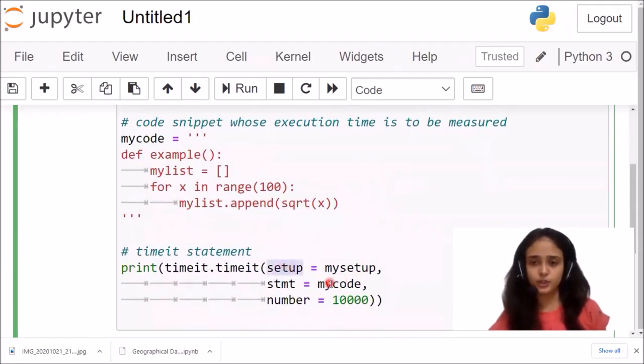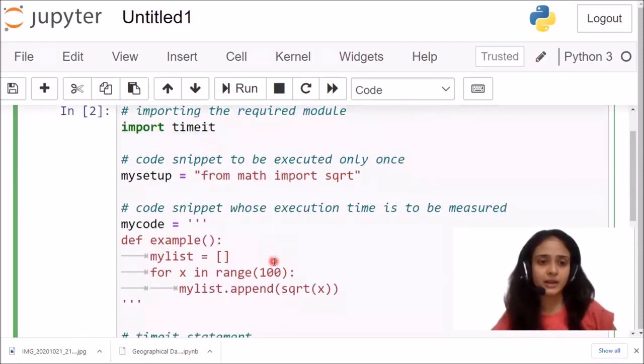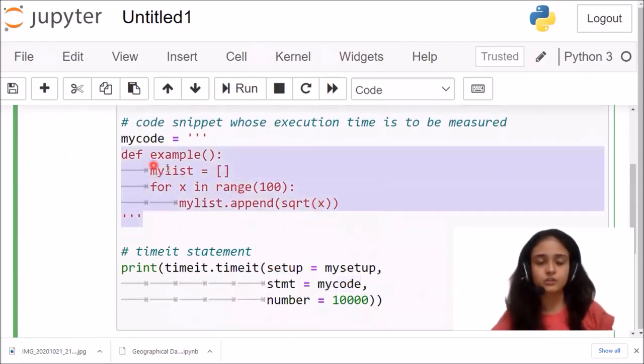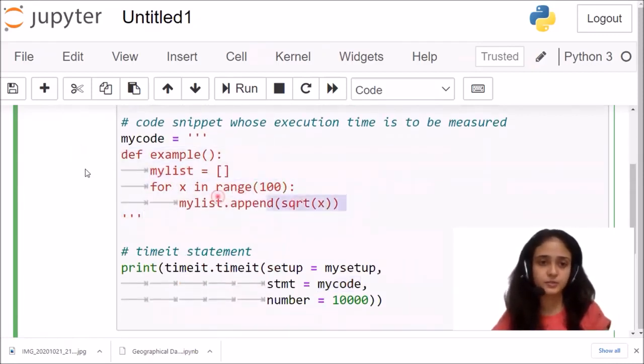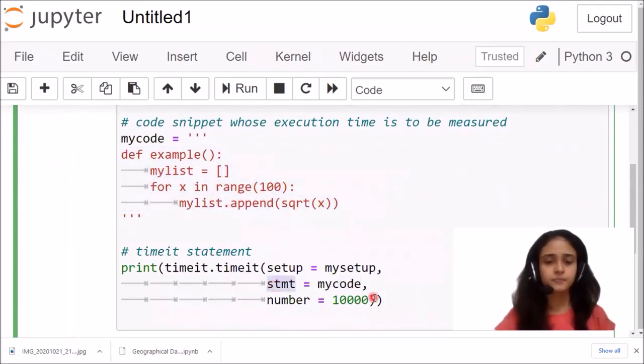It will be executed only once. After the setup line has executed, my next code will be executed, that is my statement. So I write statement equals my code, and this code will be taken from here.